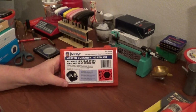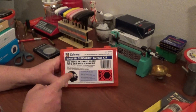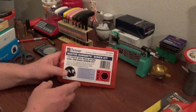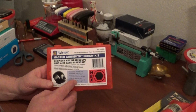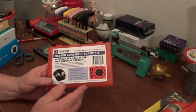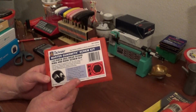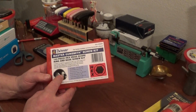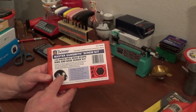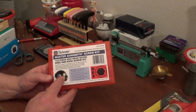This guy. If you haven't got one of these, bite the bullet and just buy one. I mean, I know they're expensive. At Brownells, these are like $39 or $29 or something. I can't remember how much I paid for it, but it's an assortment of hex screws for scope rings and scope mounts. And I don't know about you, but when you start getting to the 6-40 or 6-48 thread size,